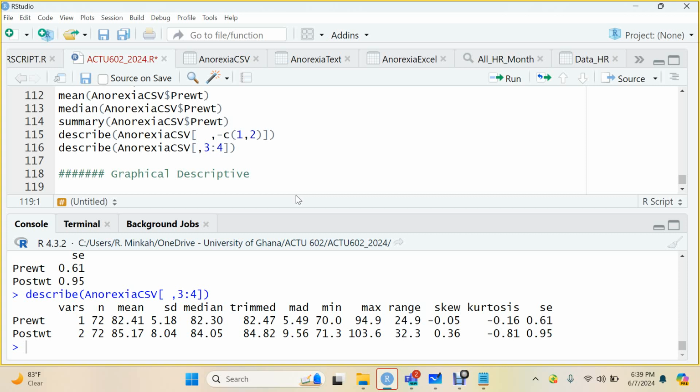Okay. So remember that we said that data can be quantitative and qualitative, right? So when we have qualitative data, what kind of graphs can we use to display them? Please mention some graphical charts that you can use to